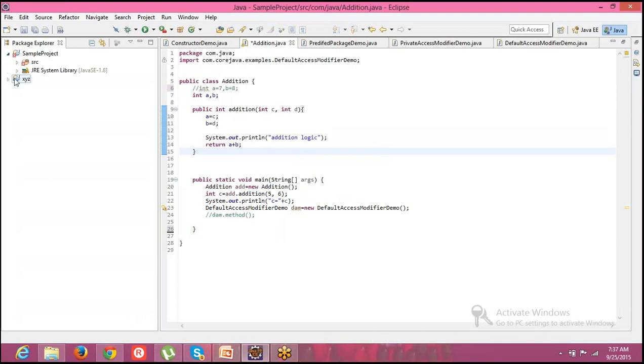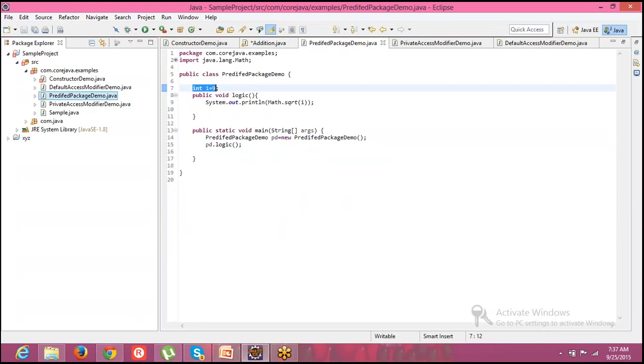One second, I have some scenario. I wanted to code this actually. So in the predefined package demo, see here, this Math.sqrt of i. Can you see the sqrt functionality over here? No, right?